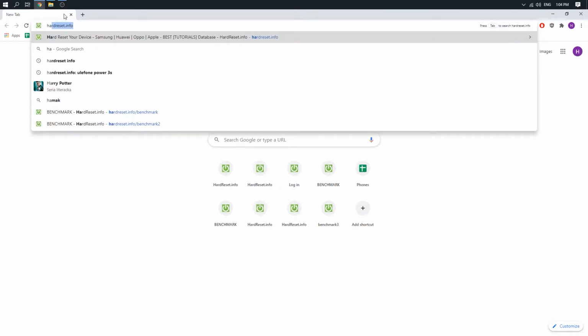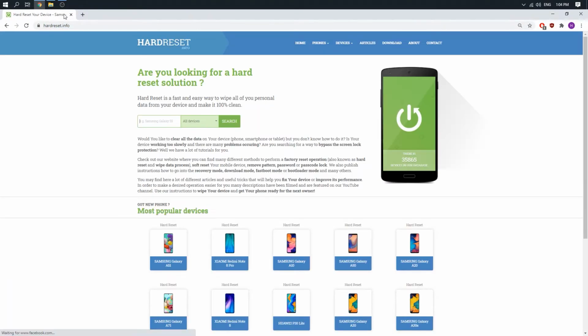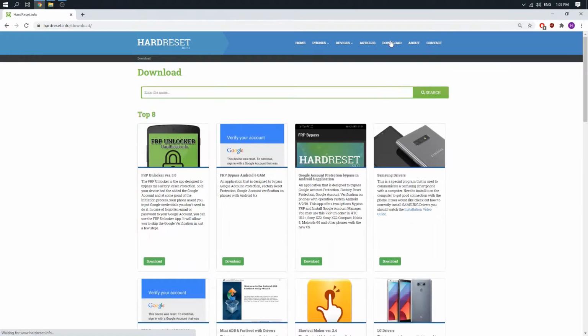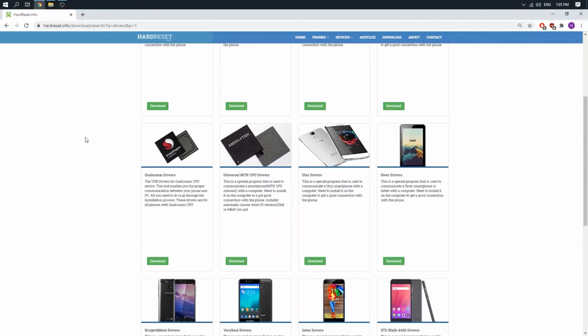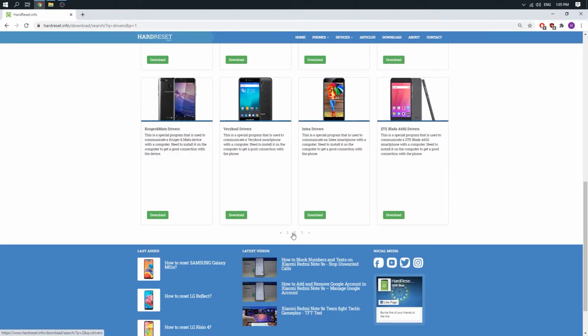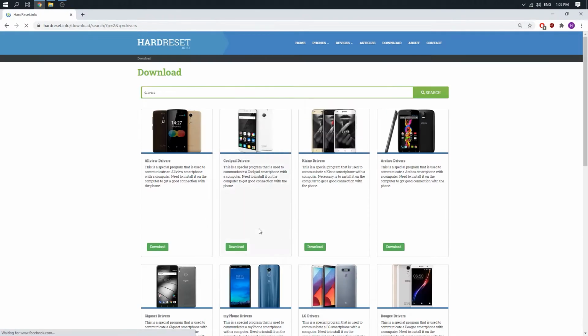So firstly, we have to open a browser and then go to HardReset.Info website. Okay, so when we are here, just click on download, write drivers and click on search. Okay, now just scroll down and choose second page. And here you have Kiano drivers, so just click on it